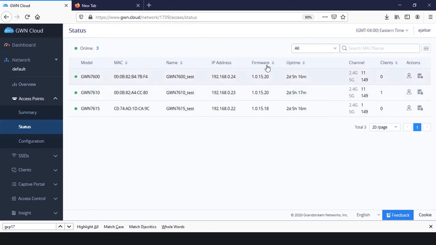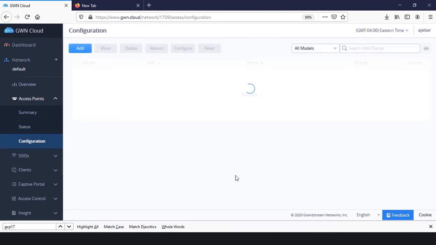Some information is here. It gives you information about the firmware, the IP address, the uptime, and also the channel that is being used. So for example, this one is using channel 11 for 2.4 gigahertz frequency and channel 149 for 5 gigahertz frequency. If you go to configuration,